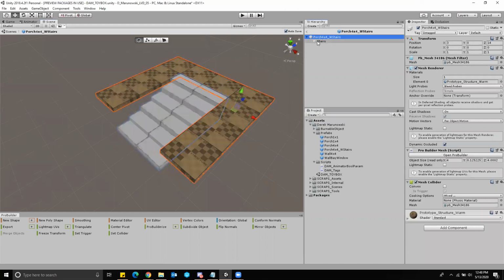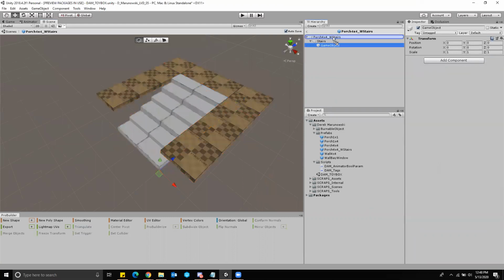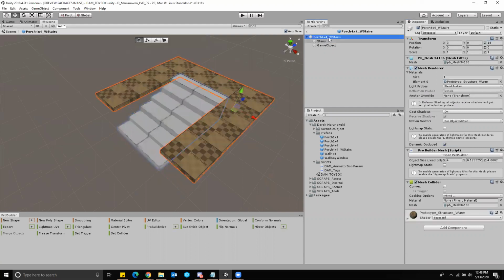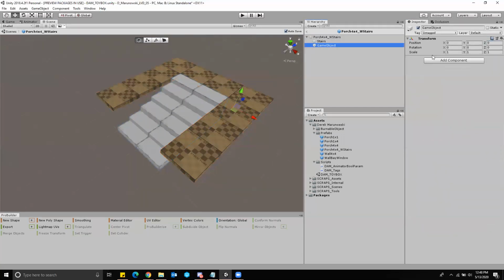underneath this object. I don't really want it to be under that one, but maybe I can create an empty, actually empty under here. I'm going to make this empty the same position as the top object. I don't really want my stairs up here to be the parent. I'd rather have a parent object. So let's call this one porch 4x4 with stairs. And then we'll move this one to the top,